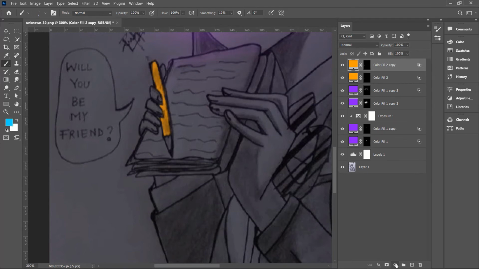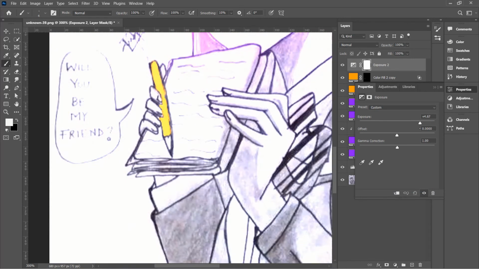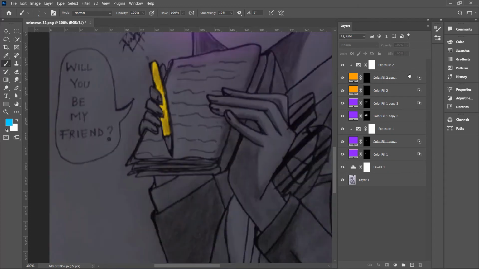Duplicate, add an exposure layer, make it bright like that. Clip it, Alt, and then click between the layers, and remove this first. Increase the brush size like that. Whoops. So remove it, and then add some here,